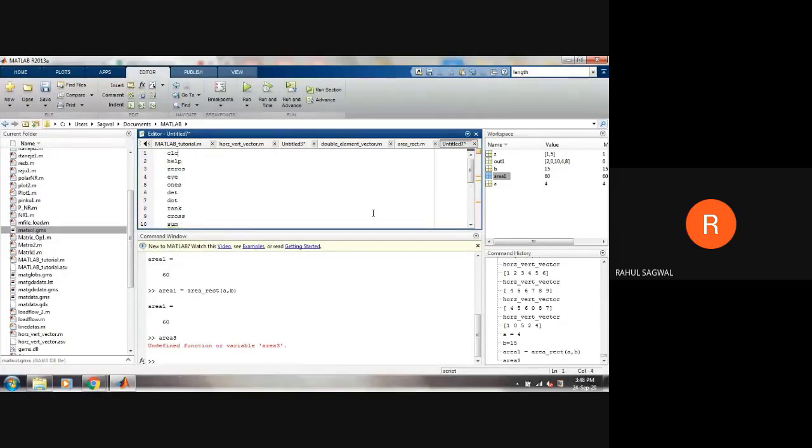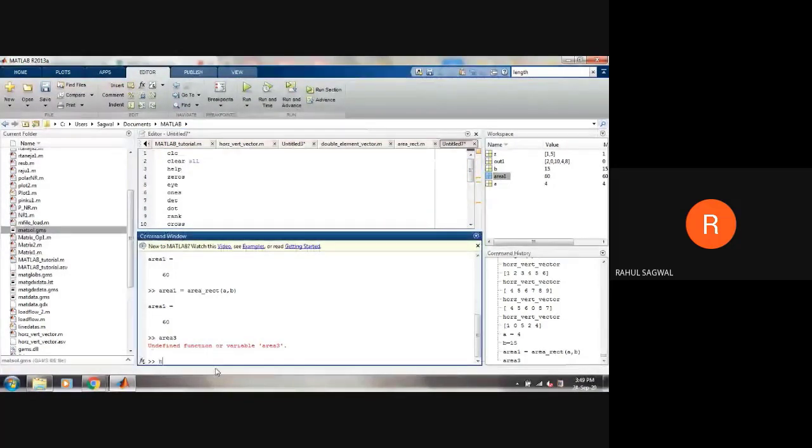ठीक है, तो क्विकली मैं बता देता हूँ कैसे कौन सी कमांड क्या करती है। CLC एंड क्लियर ऑल से आप ऑलरेडी फेमिलियर हो। CLC clears the command window, clear all clears the workspace. Then help, if you write help इन कमांड विंडो तो हेल्प वाला जो विंडो है वो डायरेक्टली ओपन हो जाएगा। और एल्स इफ यू नीड हेल्प विद सर्टेन पर्टिकुलर कमांड देन यू कैन टाइप हेल्प और उस कमांड का नाम, तो कमांड के कोरस्पॉन्डिंग हेल्प विंडो ओपन हो जाएगी।